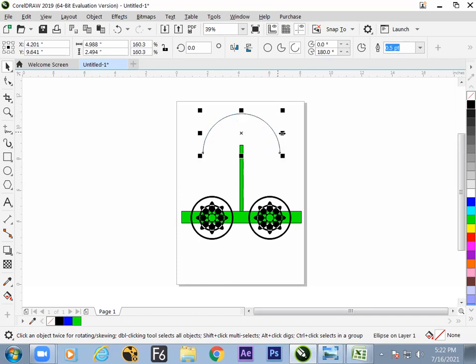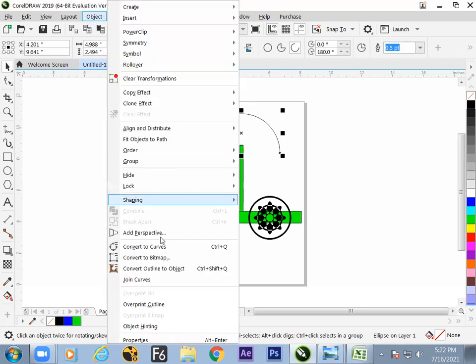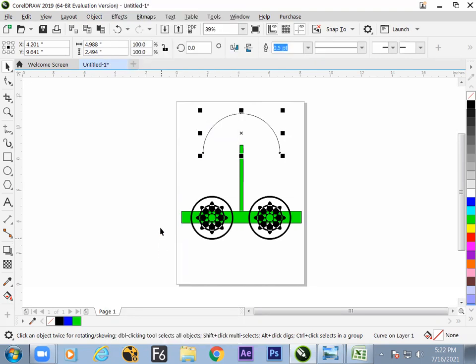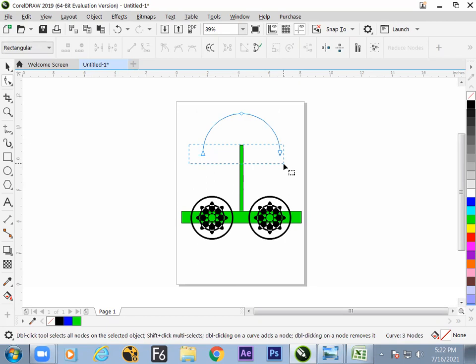Drag with the Shift button and we need to close this. How to close? We just learned it. What is that option? Convert to curve. Now practically we are arranging the things on screen. So I hope this is known. Now we know how to make them close. Already you have learned all these things.